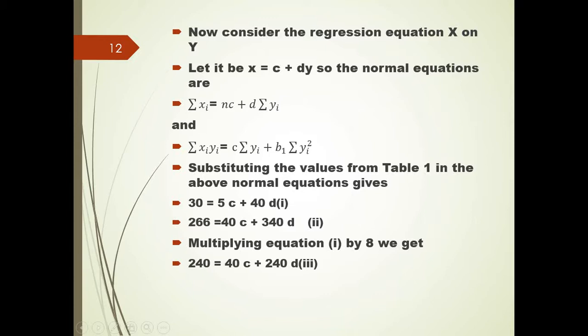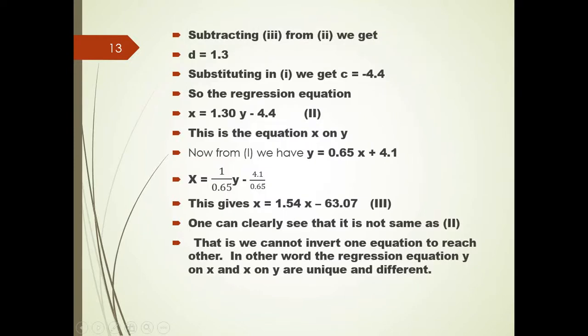So here instead of b1 it is d, it's a mistake. So substituting the values from the table, we have already computed sigma xi yi, sigma yi, sigma yi squared, and sigma xi. So substituting these values, we get the two equations like this, and by simple mathematical calculation you get x to be